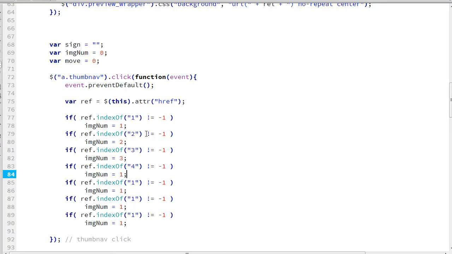Index of 4, change it to 4. Index of 5, change it to 5. Index of 6, change it to 6. Index of 7, change it to 7. So now we're saying grab whichever one was clicked. Which one did we click? We clicked this one. So in that one that was clicked,